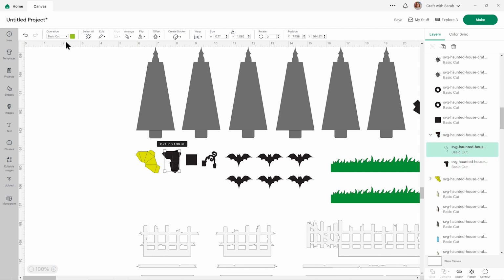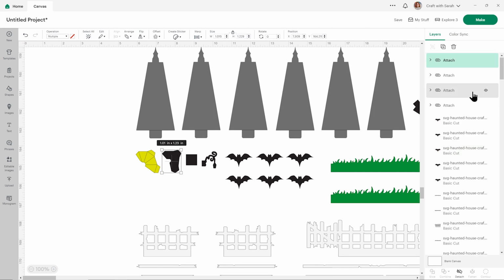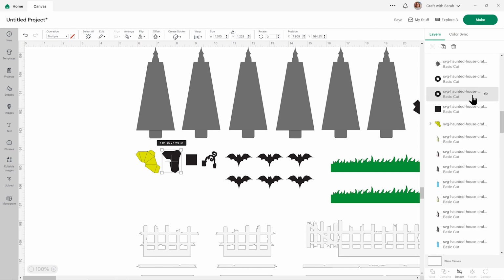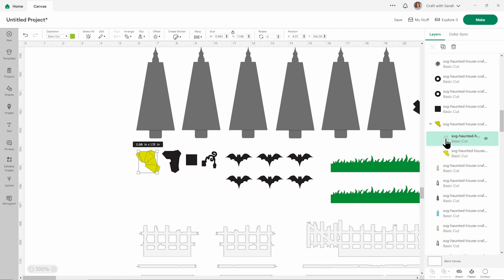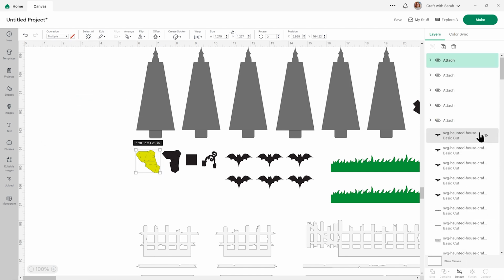I'll just do a couple more whilst I'm talking away so that you can see it done a few more times. So I'm scrolling down, I'm finding one, clicking on that layer with the single lines. You can also tell if you've got the right one selected because it will appear lime green in the colour over here. Change it to Score. Click to select both of them and press Attach.